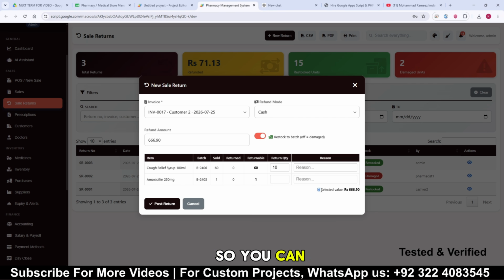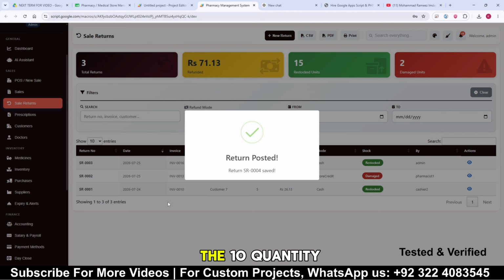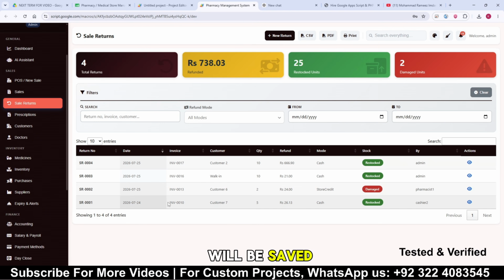Okay, so you can see I need to give them back the 10,666 rupees. Restock to batch is equal to damaged. Okay, I just simply click on this post return. So once I click on this post return, as of now you can see the inventory will be updated, and this particular returned amount, the 10 quantity, will be saved in our